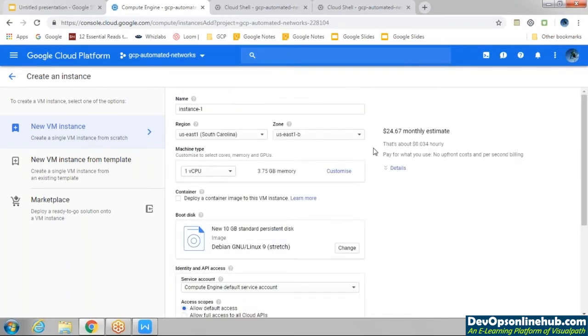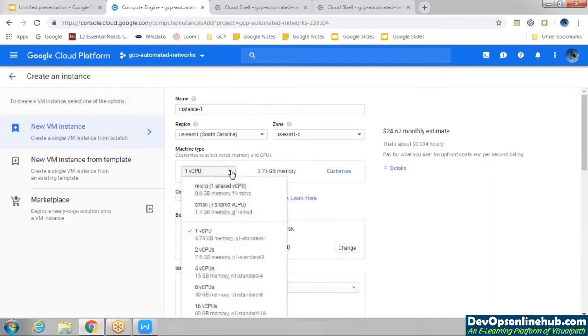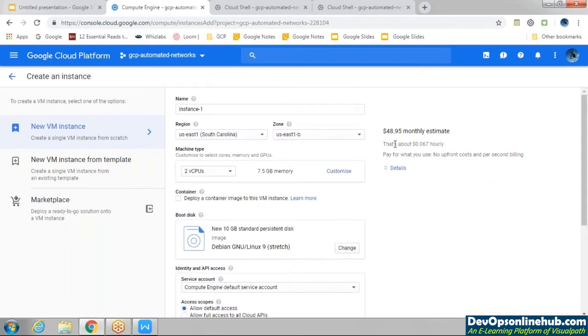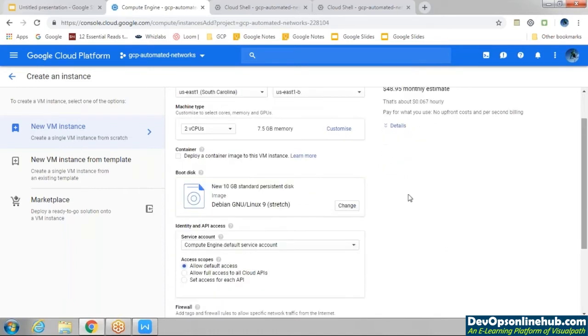Here we have selected one CPU, 3.75 GB memory, and the price is 24.67 monthly estimate. When I click for the 2 CPU, you can see the price instantly changed to 48.95 monthly estimate. So it will show you the price instantly with regard to the machine you choose.